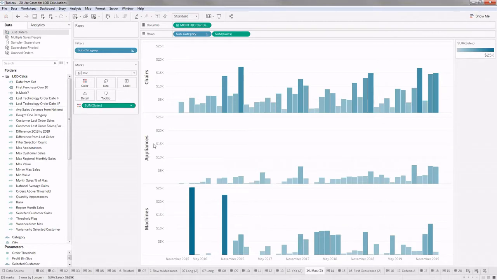Let's say the client is interested in seeing, I don't want to compare each of these subcategories with other subcategories. I only want to compare the sales bars within that particular subcategory alone.